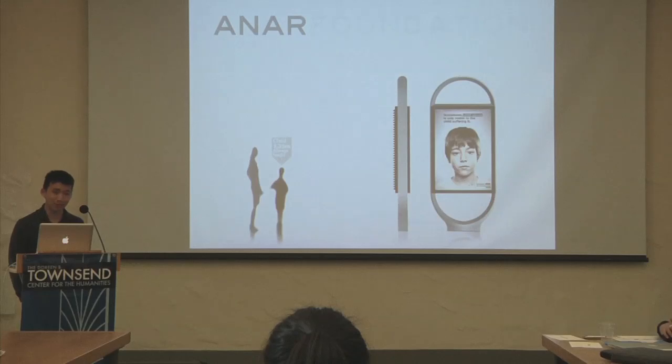If anyone's been on Facebook this morning, this has been making the rounds on social media. An anti-child abuse organization in Spain put up these billboards recently. This is targeted to children whose parents are actually their abusers. They considered the fact that children will most likely be walking around with their parents when they see this billboard. So how this actually works is the parent and the child see different messages. The parent sees the billboard right there, and it just says, "Sometimes child abuse is only visible to the child suffering it." However, they designed the billboard so that anyone under 1.35 meters, which is most children, is actually able to see a phone number that they can call for support.